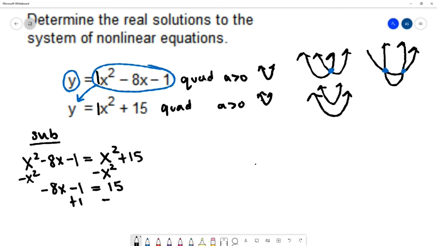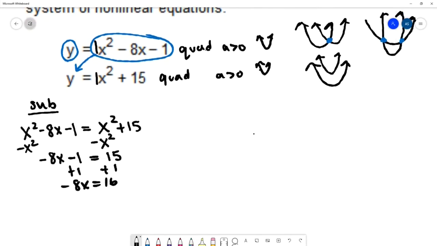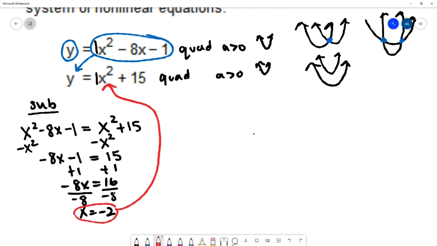So I'm going to add 1 to both sides. That's negative 8x equals 16. Divide by negative 8 on both sides and get x equals negative 2. So I've got the x coordinate, and I can find the y coordinate by plugging this back into x in